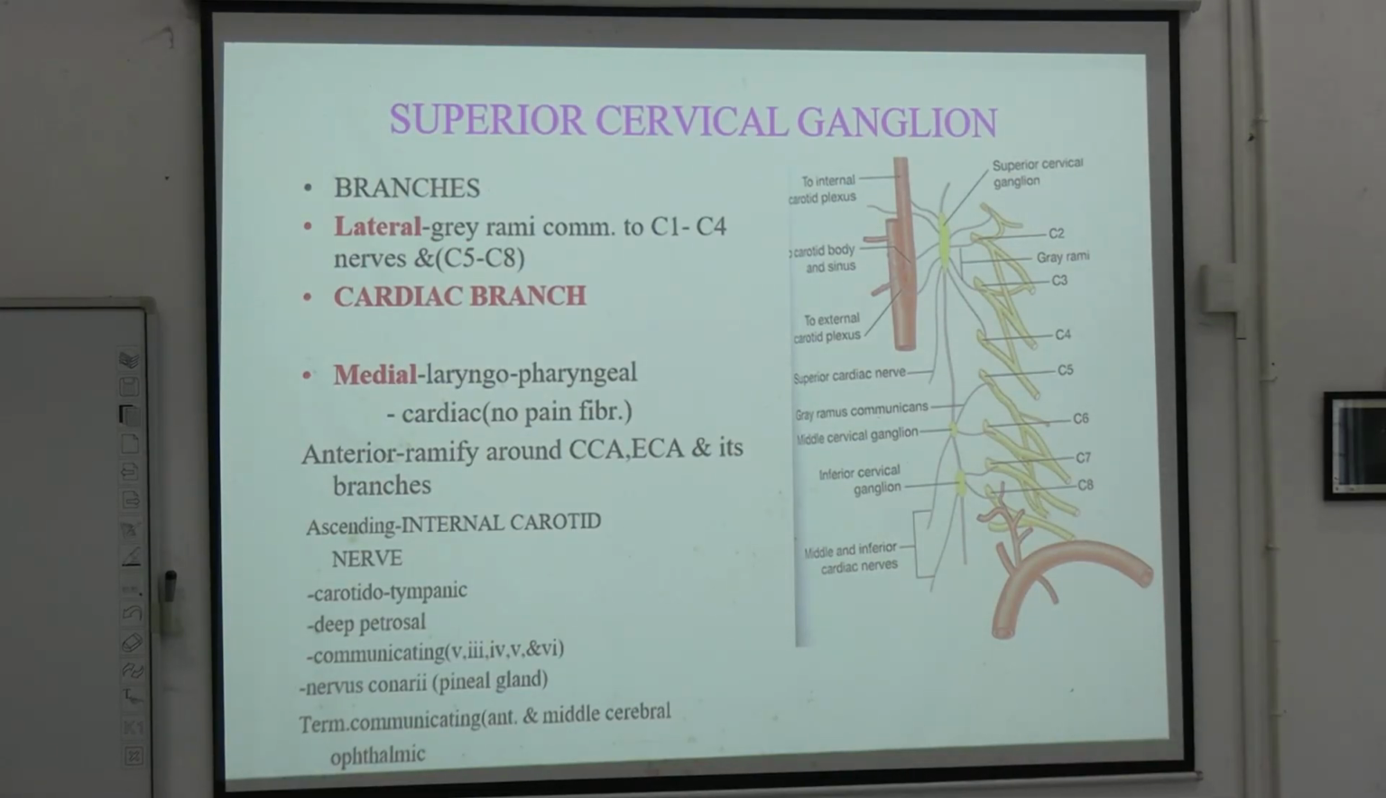We understand these branches, the Rami Communicantes, climb the spinal nerves which are nearby and follow the spinal nerves as they go on. So this lateral branch, which is coming from the cervical ganglia, we call the Rami Communicantes branch, which goes along with the spinal nerves. Coming to the medial branches, they can be called the cardiac branch, medial branch proper, or the